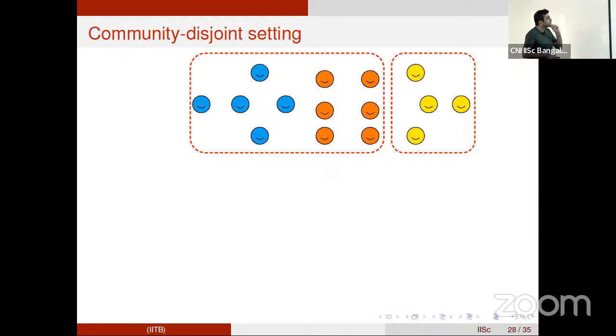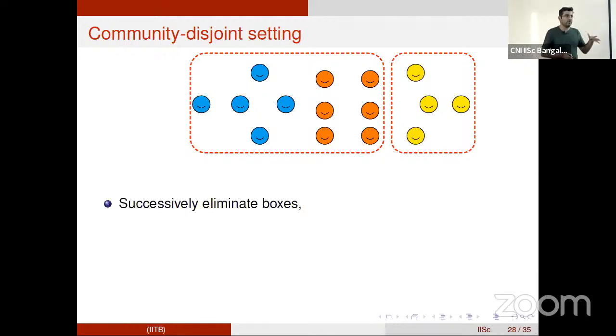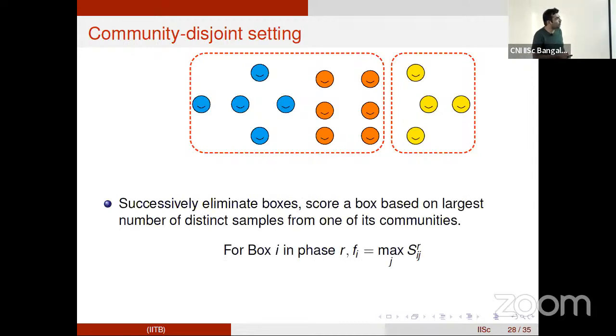So in this community disjoint setting, now we have multiple communities within the same box. We can no longer decide exactly which community to sample from. So again, we are going to use the same idea of successively eliminating boxes, but for the score of a box, we will look at all the communities within a box and choose the maximum number of individuals you've seen from a particular community in the box as its score.